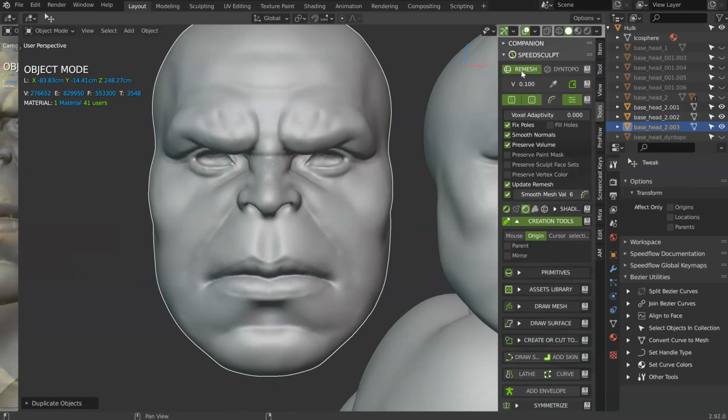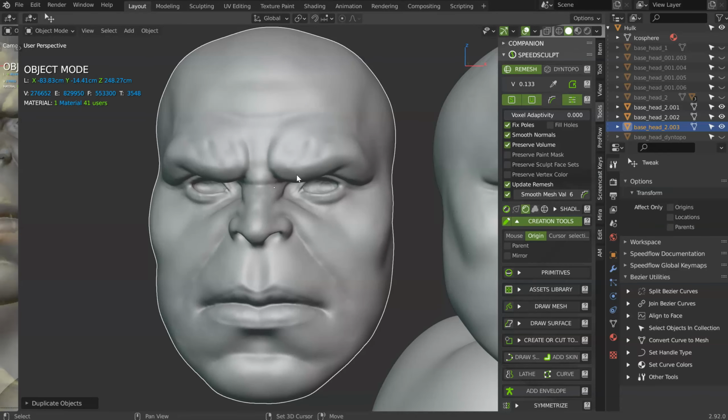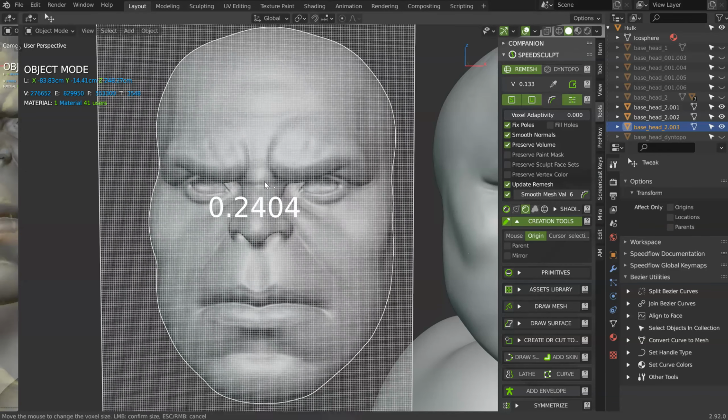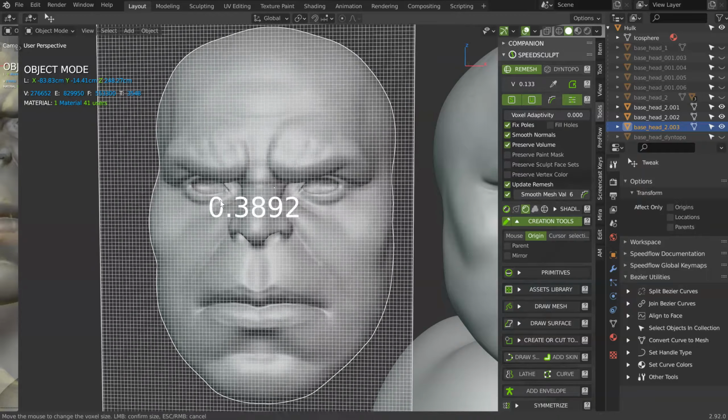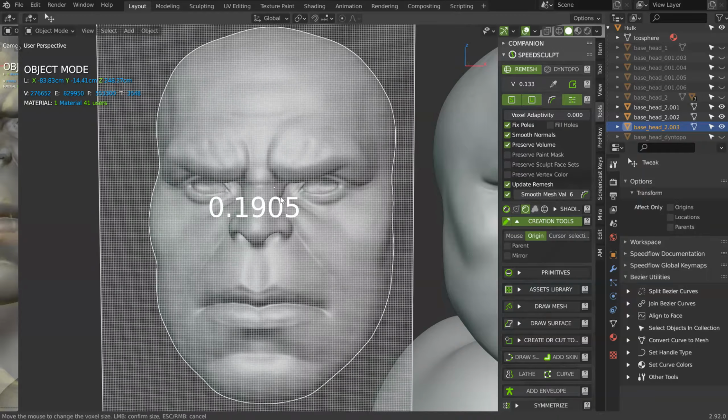To come back in Remesh, can I? No, I cannot. But you will use the Shift R option, and with this, as you can see, you will be able to choose the size of the details you want. And I will just validate with this.